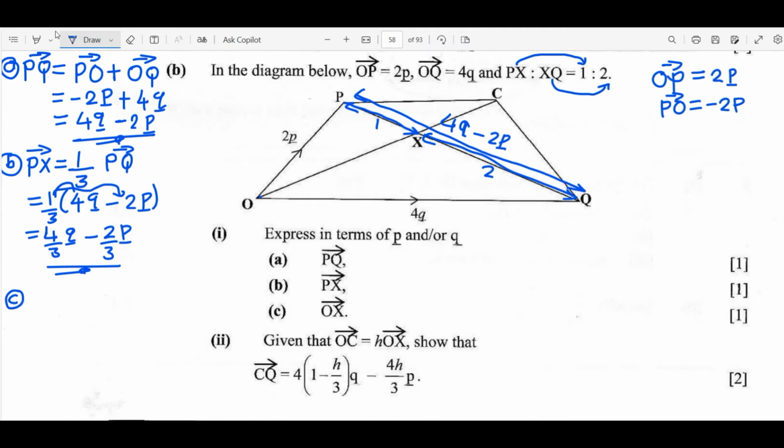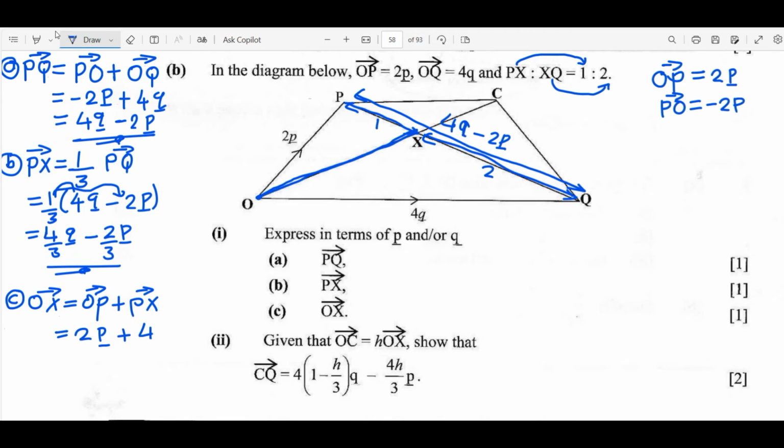Now we move on to C. So under C, we want the vector OX. So we are starting from O as our origin, then X as our final. We want this vector here. So what is this vector here? We can use the vector O to P, since we are given the value here. Then after we use this value, we can also get from P up to X. Okay. So say plus vector PX. Remember, the vector PX is found. Then OP is 2P plus